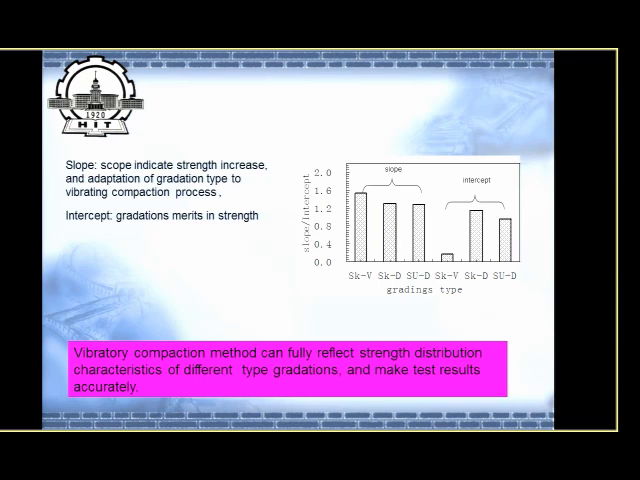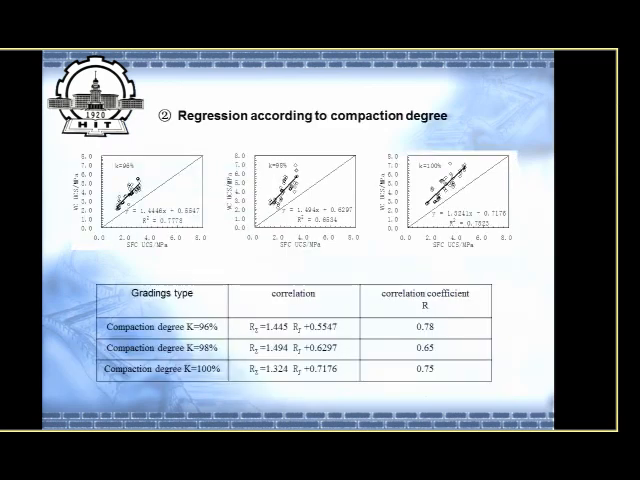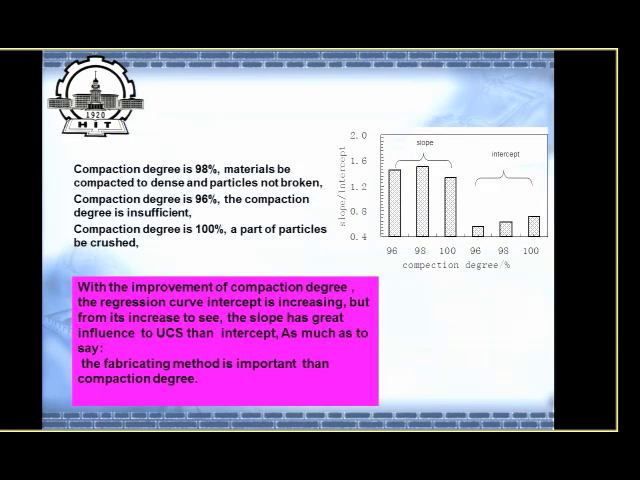The vibratory compaction method can fully reflect the distribution characteristics of different types of gradation and make the test result accurate. This is a regression according to the compaction degree. Also, there is a linear relationship. This figure shows the compaction degree and the slope and intercept. We can find that when the compaction degree is